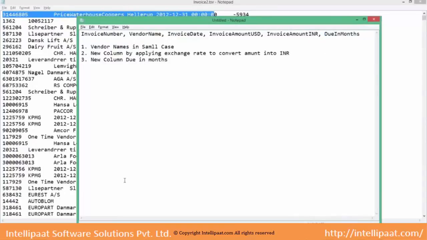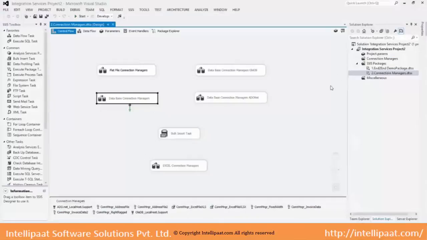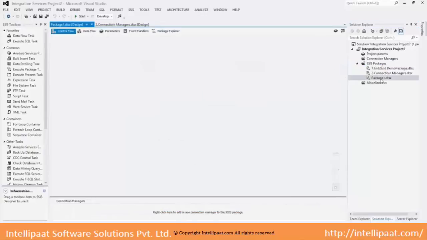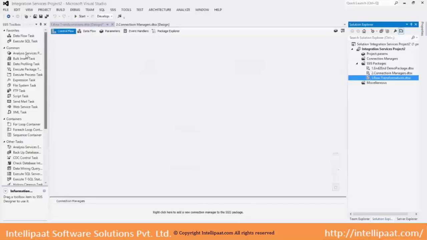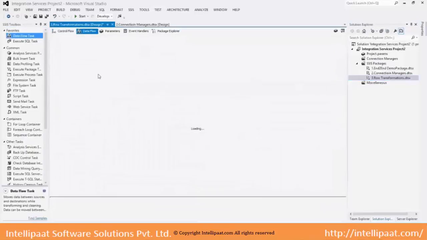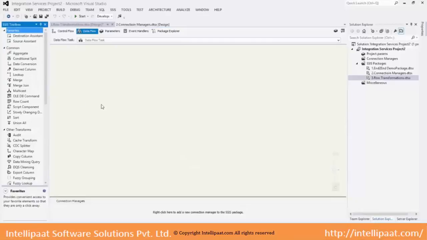Okay, let's see how we do this in SSIS. So to begin with, I need a data flow task so that I can get into the data flow and explore data flow transformations.